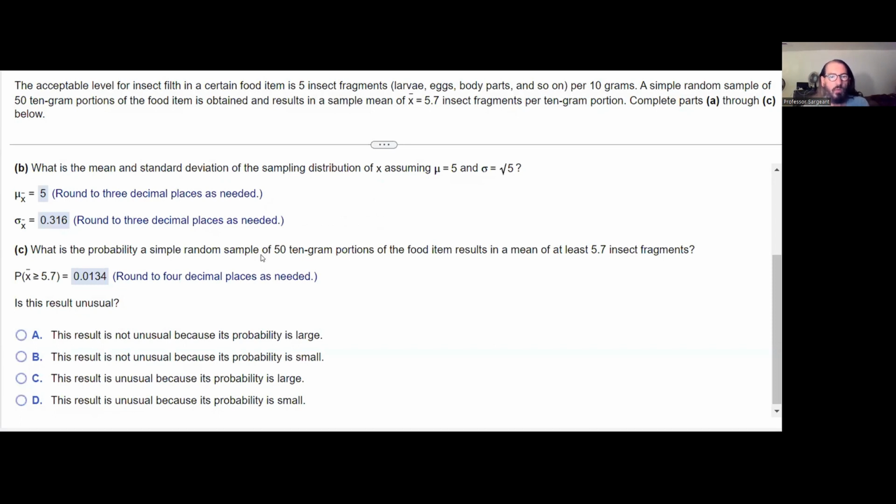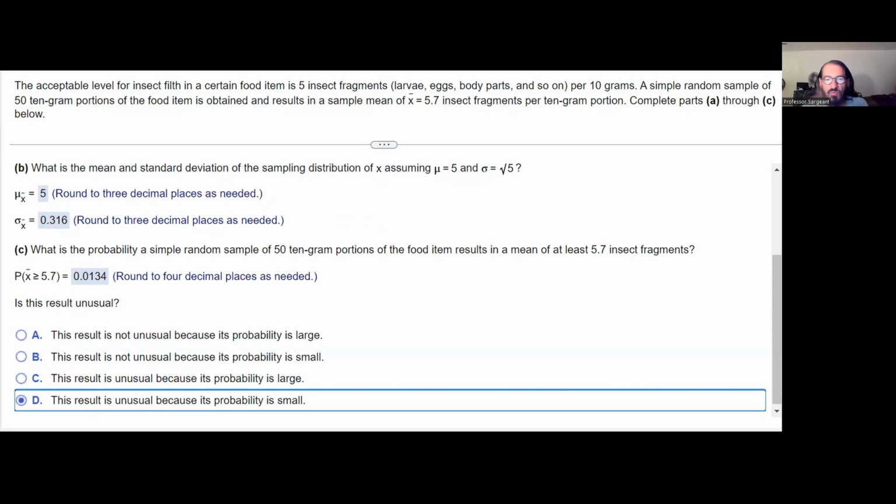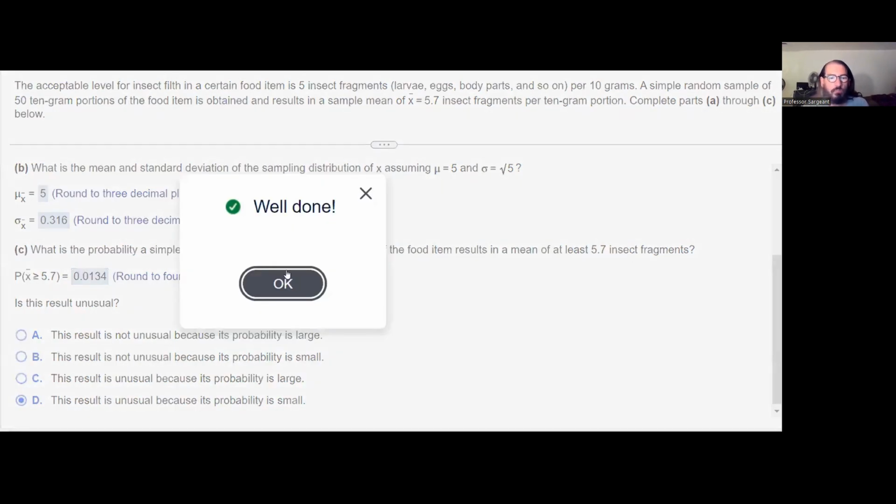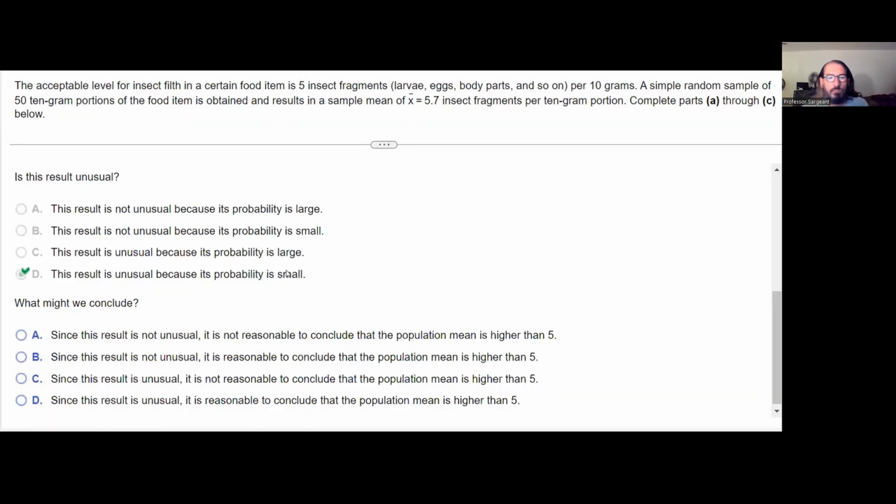This is smaller than 5% or 0.05. It is unusual because the probability is small, smaller than 5% or 0.05. And because the result is unusual,